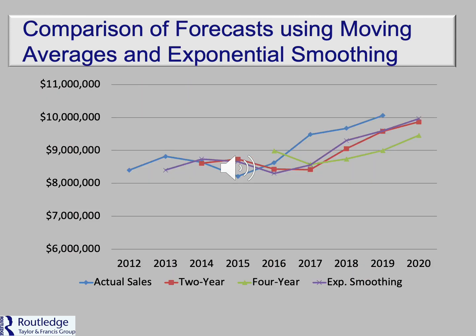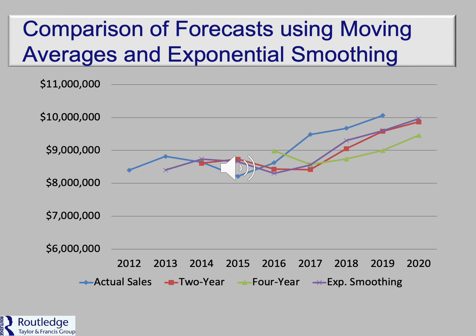Okay, if you are a visual learner, you're going to love this slide. I am a visual learner, so I love this, putting this all together. So again, moving averages is your average of whatever time frame you choose, whether it's 2 years, 4 years, 2 months, 4 months, whatever. Previous 2 years, take the sum and then divide by 2. Okay, that's your 2-year moving average. And then if you have 4 years, obviously you take the previous 4 years, divide by 4. Well, the exponential smoothing weights the most recent year a little heavier.